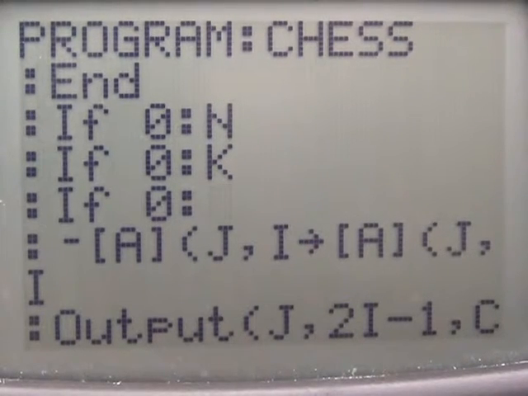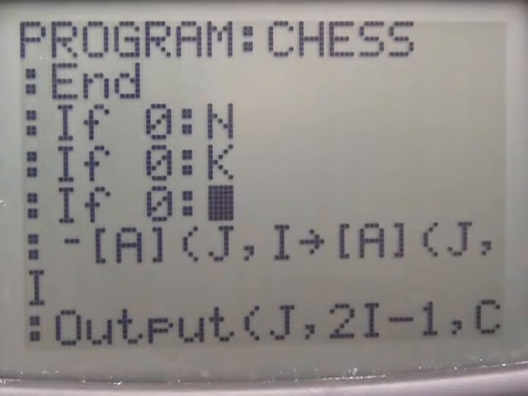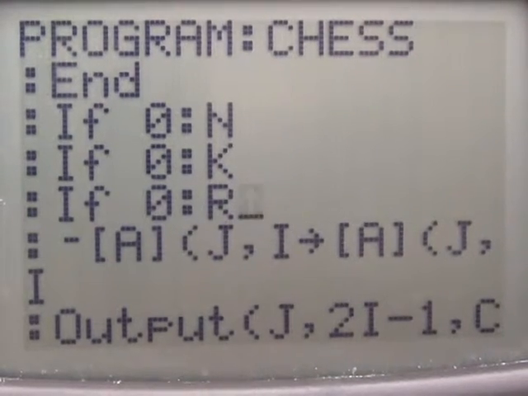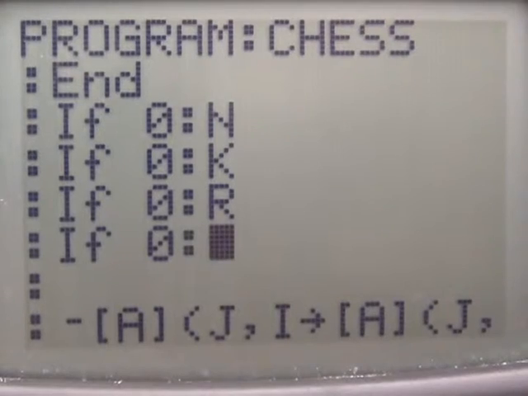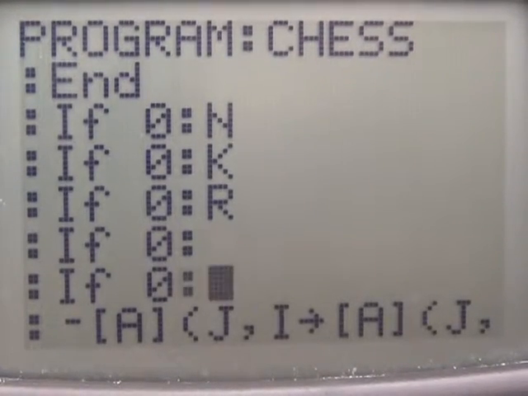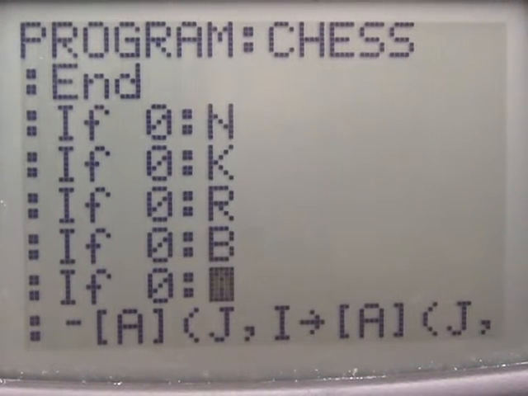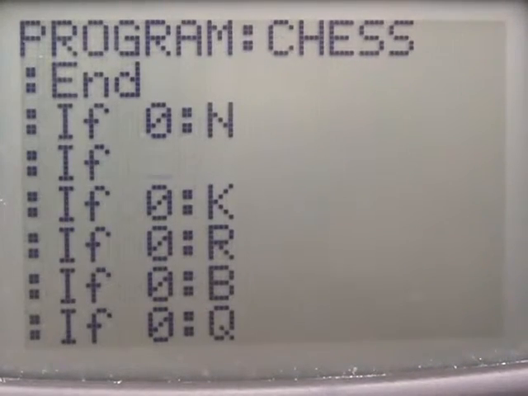But we'll do knight and king first, and then we'll do, yeah, let's go ahead and do rook, F0. These are comments, by the way. I'm just saying F0 so it doesn't do anything. Rook, bishop, queen. Yep. Okay, so if